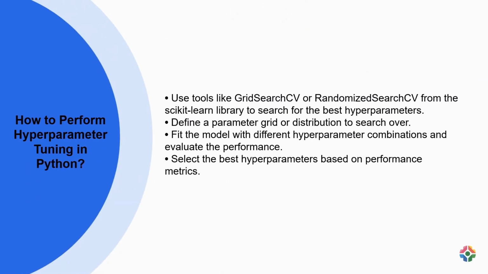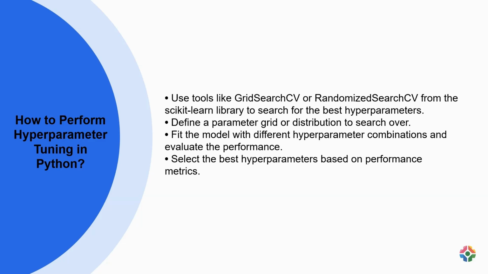To optimize model performance, one can employ tools such as GridSearchCV or RandomizedSearchCV from the scikit-learn library. These tools systematically explore a defined parameter grid or distribution to search for the best hyperparameters for a given model. By fitting the model with various hyperparameter combinations and evaluating performance metrics, one can identify the set of hyperparameters that